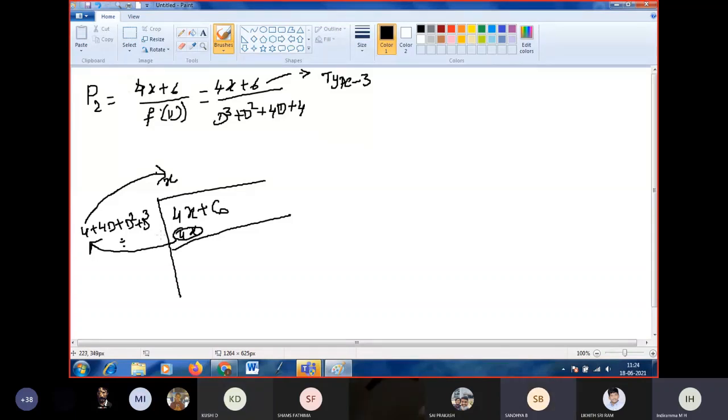Next, here we have plus. Plus into plus you write here. Next, 4D into x. What is differentiation of x? One. So we got 4 plus 4. What will D square of x be? 0 only, because after one differentiation we got a constant, the second differentiation will obviously be 0.